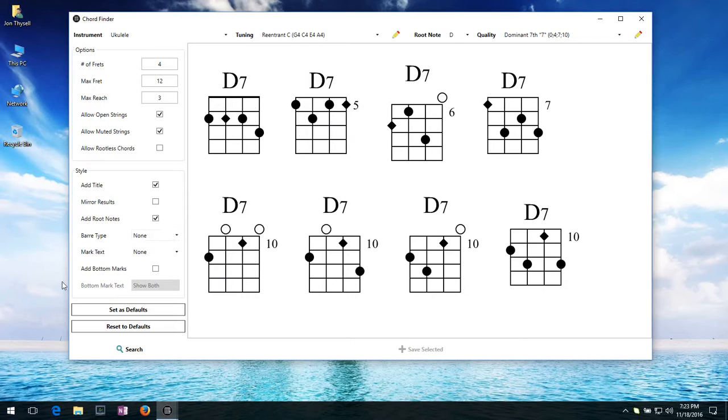The next thing we have here is called the bar type. And so if you can see, like some of these chords here, typically you would bar across the second fret here and just put one finger down. So if you want, you can put those bars in the diagram. So by default they're off, but if I say partial and search, what we have here is like this is saying, okay, you would reach across this whole,